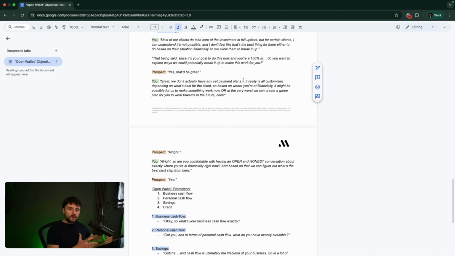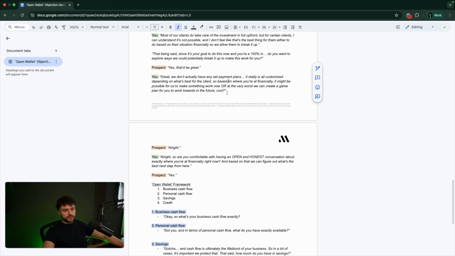If they pay more, obviously they're going to be more committed to your program, they're going to get better results, and your reputation is on the line. So again, this is super, super important. So you want to make sure that you customize what's best for the client. They should pay anything that they can afford and that wouldn't put them in a tough financial position. So if they can break it up, or you can break it up for 2 pay, then you should do